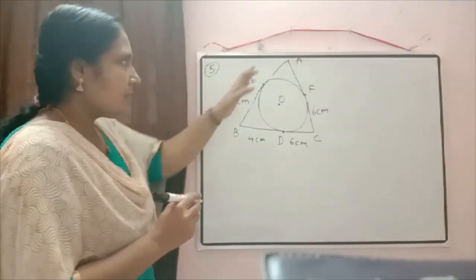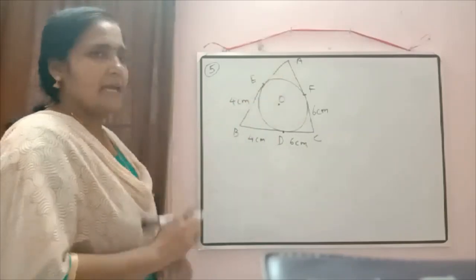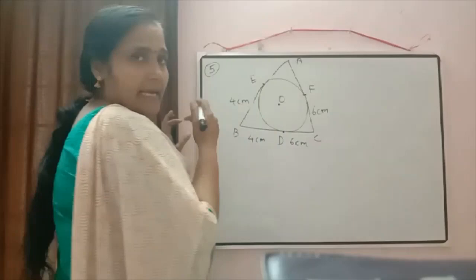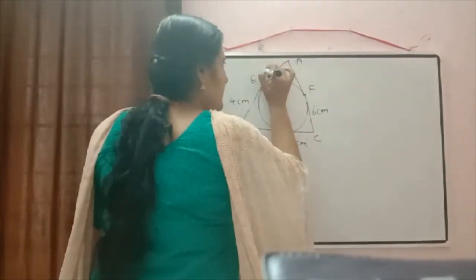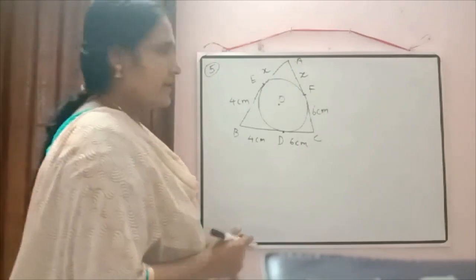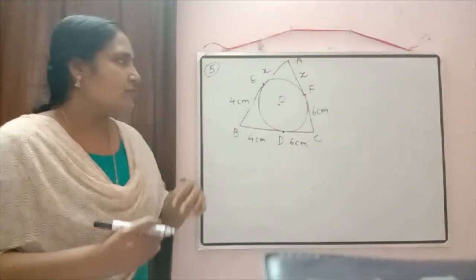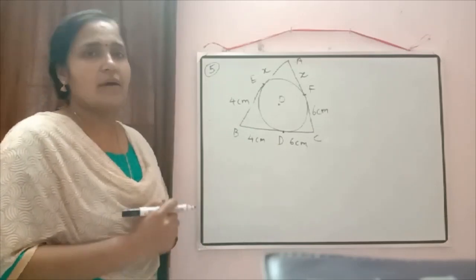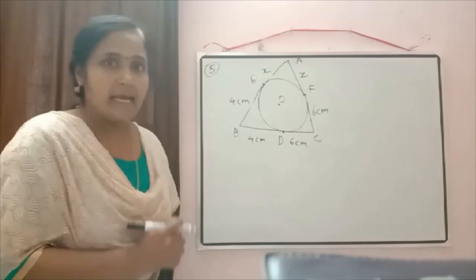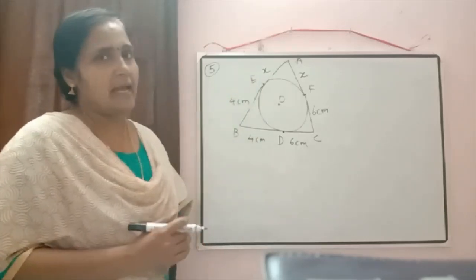Then to get the sides AB and AC, we want AE and AF only, and these two are also tangents from the external point, so their lengths will be equal. So both we are taking equal to x there. No other things are given in the question. So to solve this question, we are going to use the concept of area, and here also it is not given which type of triangle it is.